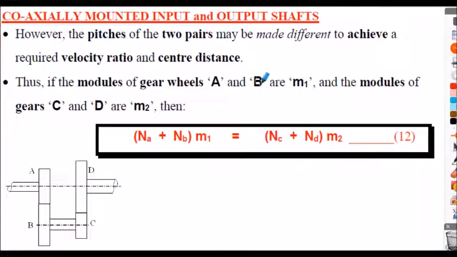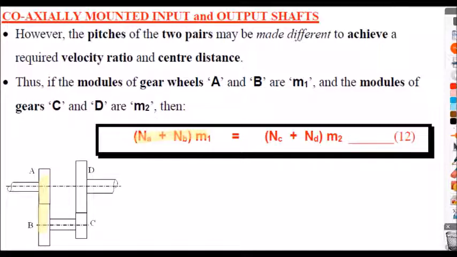And I mentioned this one earlier. This is to do with the modules being different. You can have different modules between the gear trains here. So A and B must have the same module. We're talking really about pitches here. So we can write the expression for the geometry, if you like, of the centre distance of gears A to B as the number of teeth on A plus the number of teeth on B multiplied by the module of those teeth. They have to be the same